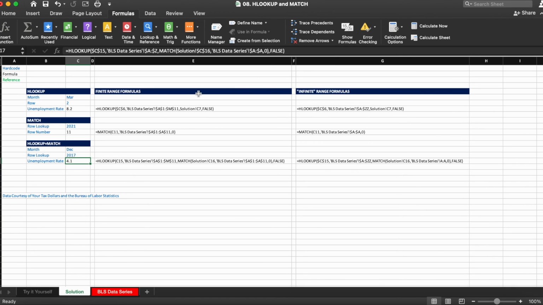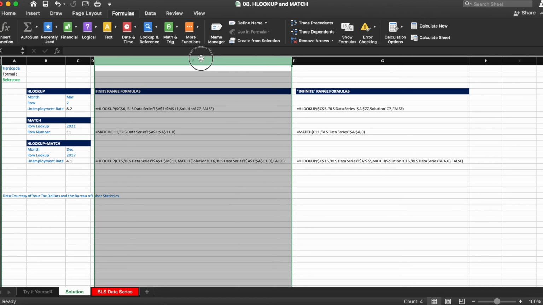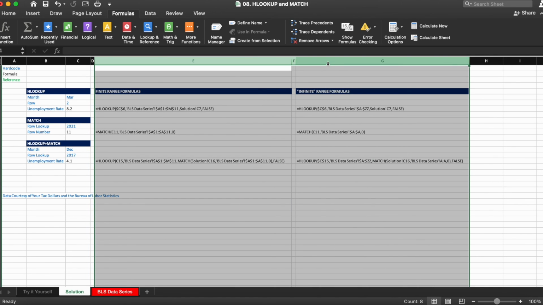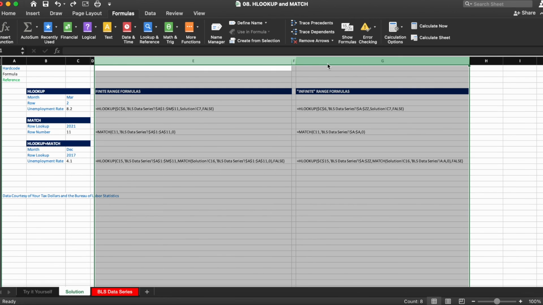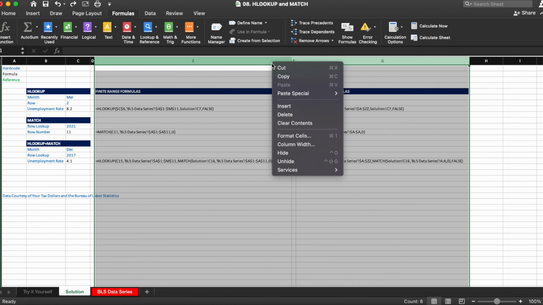And then lastly, one thing we want to talk about is adding or deleting rows, which is something we have not done yet. Adding and deleting rows is pretty straightforward, and this goes for columns as well. So let's say we wanted to get rid of columns E through G. All you'd have to do is select the columns that you want to delete, and then you can do Command minus on the Mac or Control minus on the PC. So we'll do Command minus, and those columns are deleted. And if we do Command Z or Control Z, they'll appear again. You could also right-click and delete.